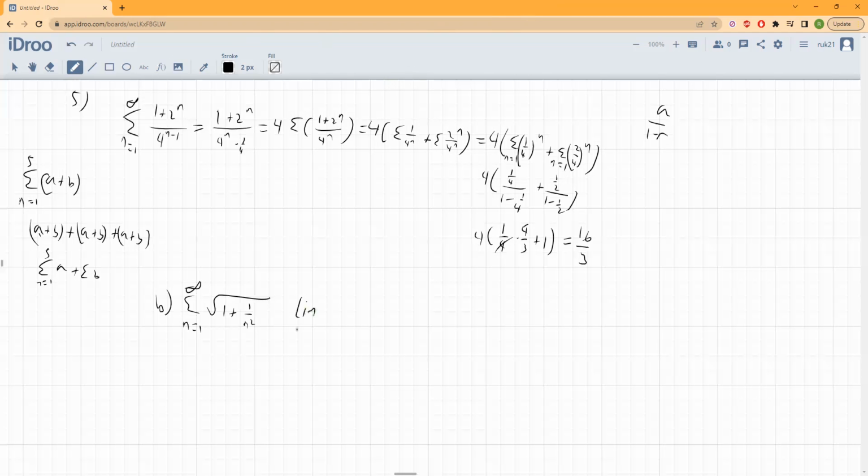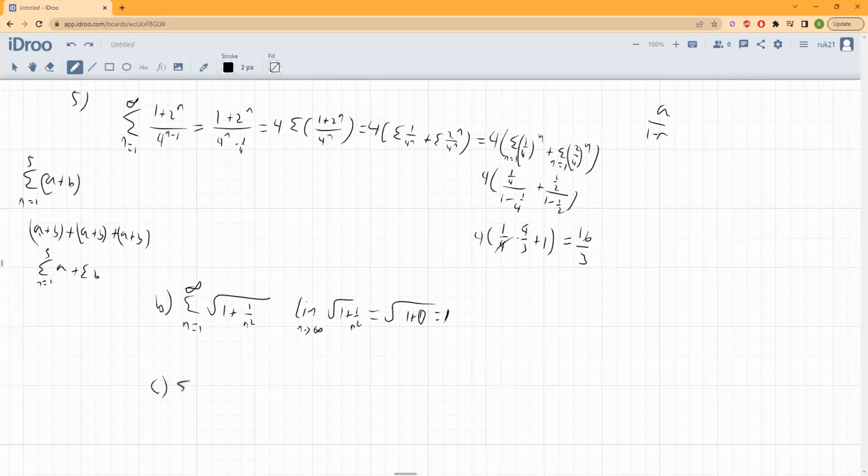So the limit as n approaches infinity of the square root of 1 plus 1 over n squared is equal to the root of 1 plus 1 over infinity. So that's going to approach 0, so that is equal to 1. And so since it's approaching 1 and not 0, this does not converge. Finally, for C, we are going to get